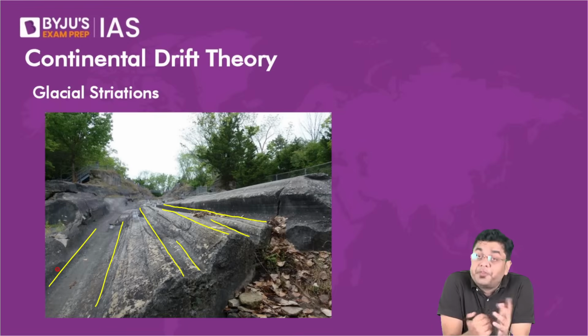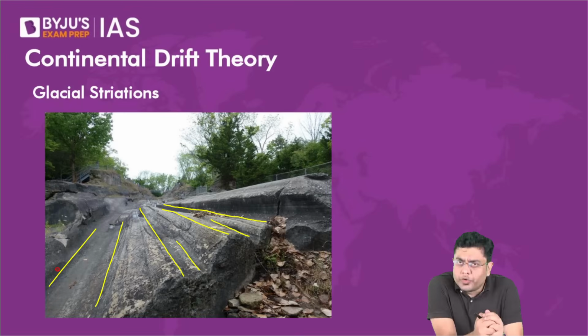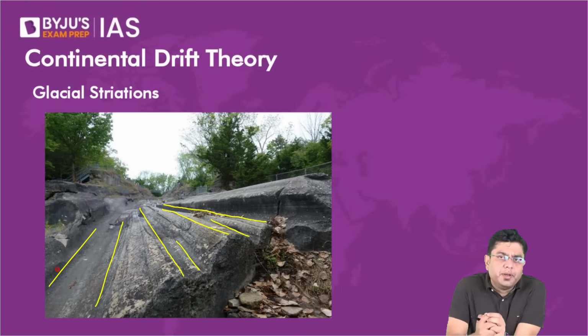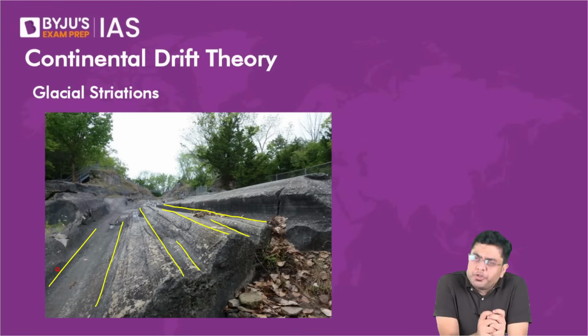Then, in the southern part of Africa, in the southern part of South America, in the southern part of Australia, in all these places, he found evidences of glaciers. Now, it did not make much sense to him how it is possible that at one point of time in the history of this planet these places were covered with glaciers, and today these are very warm and hot places and no evidence of glacier at all.